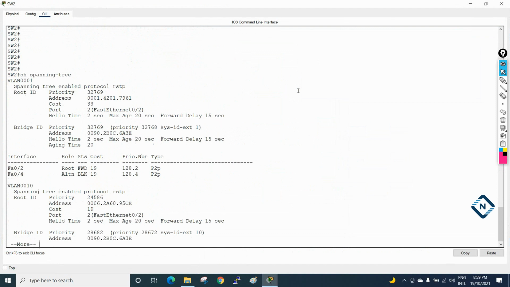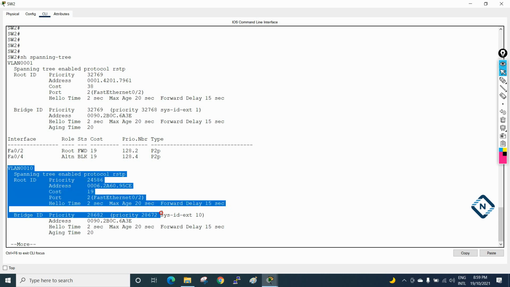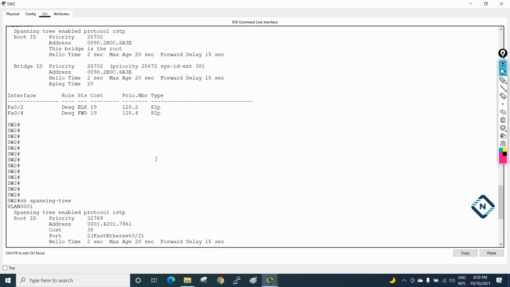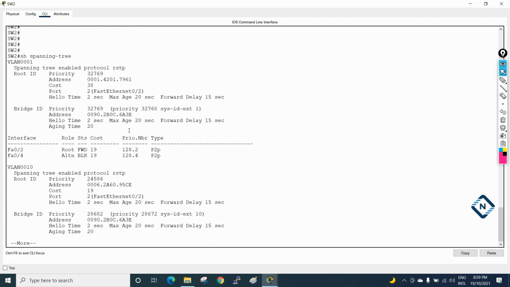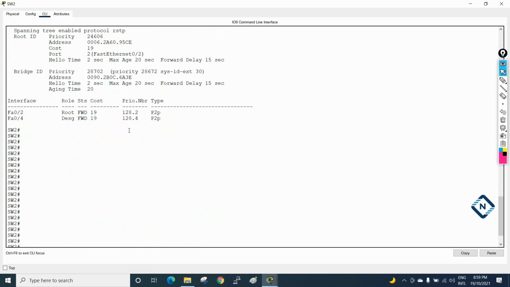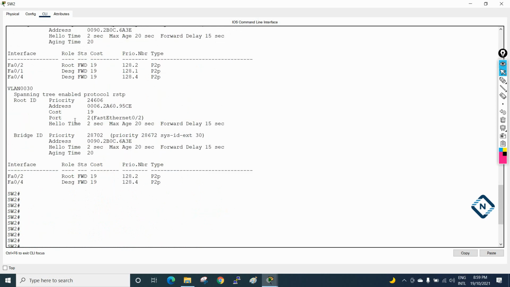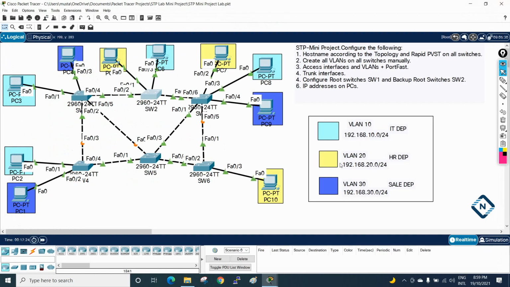Now let's see, I will run it again. If you see, this is VLAN 10, and now this guy is no more the king switch. If you see here, nothing is mentioned. Before, it was showing this is the king. But now this guy is no more king, because our switch 1 came up, so he took his role back, and this guy has become secondary. Okay, so let me save the configuration here also in switch 2. So switch 1, switch 2 configuration we already did.